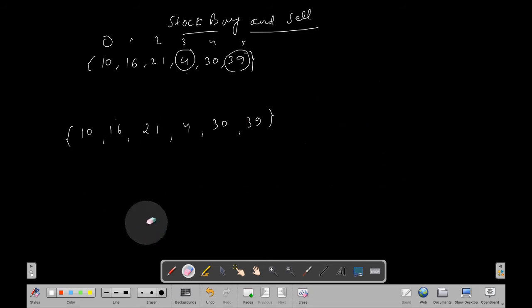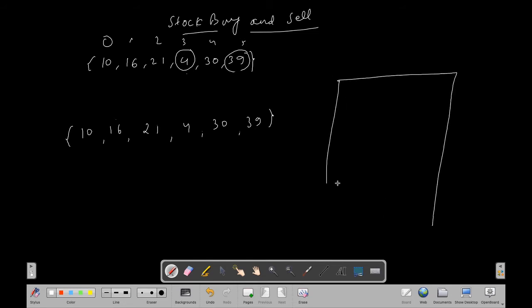Okay, so what is our algorithm? Our algorithm is: we will find local minima and local maxima and store the values in something. Let's say we use an array list or something; we will see that in the code implementation. We have our table here: this is local minima and this is local maxima. Now our first step is to find the local minima and the local maxima. The pointer is here. The next value is 16 and the current is 10, so we get the local minima 10.